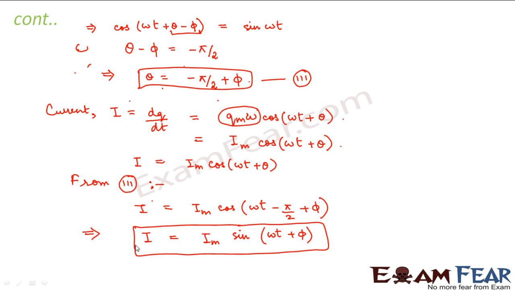So, that means if we have a series LCR circuit and if we give an applied voltage of Vm sine omega t, the current through the circuit comes out to be Im sine omega t plus phi. That means current and voltage are in phase or out of phase. That depends on this value phi. Right? So, I hope you understood how we proceeded with this circuit.